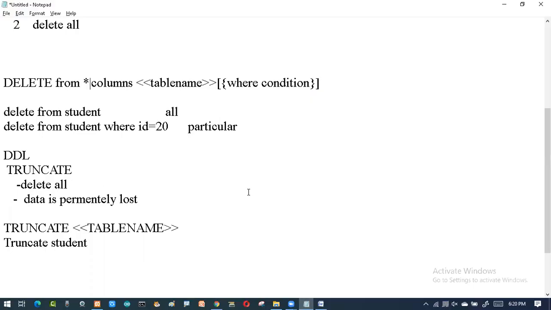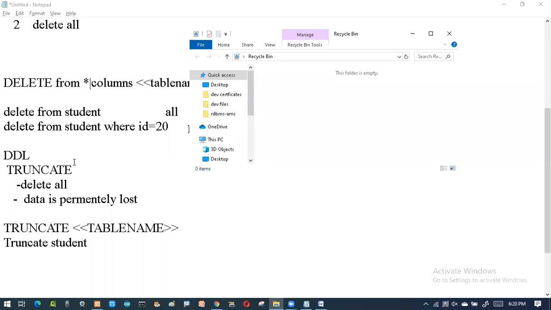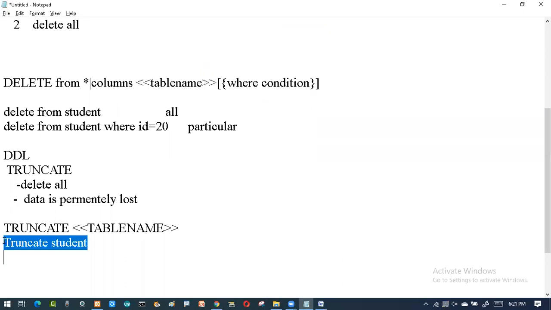But if you think that you don't require that particular thing at all, then I'll use the truncate command. For this there is no thinking of a where condition. We don't have any where condition or optional condition. It is simple, we have only a single command: truncate followed by the table name. But with delete, we have the syntax where you specify whether you want to delete a particular record or anything.